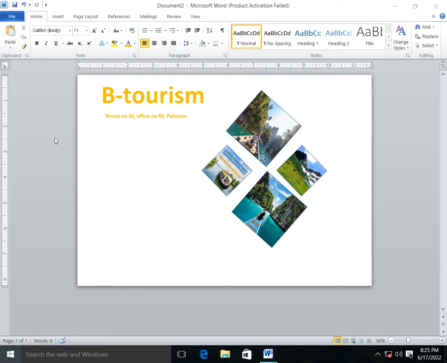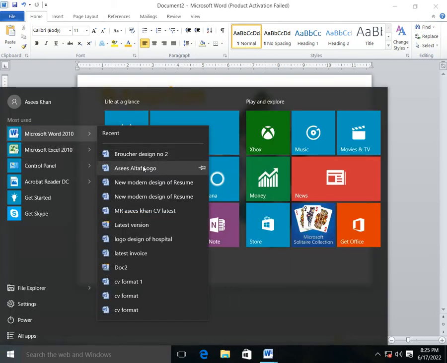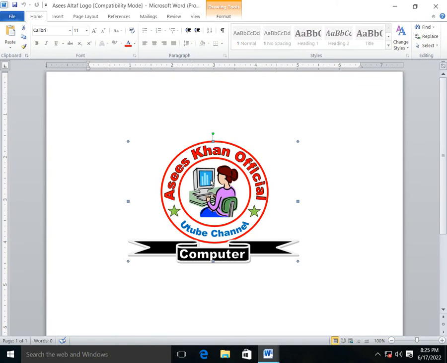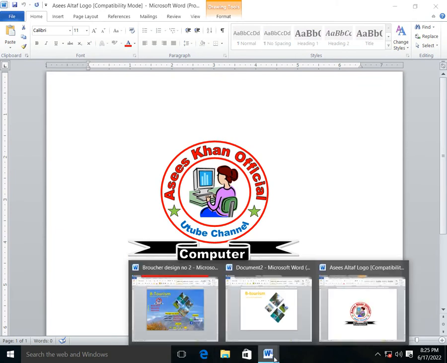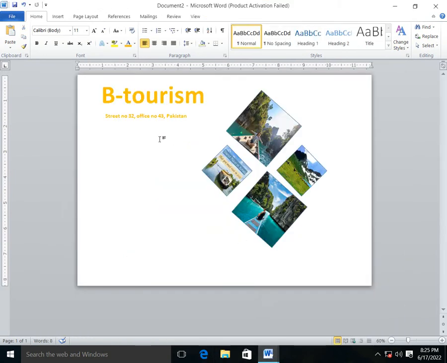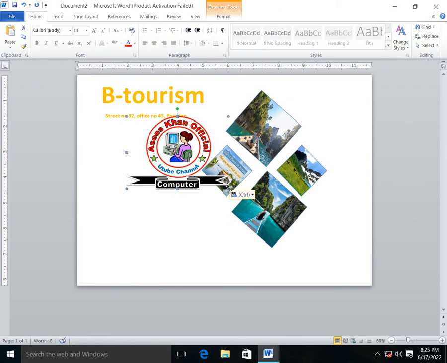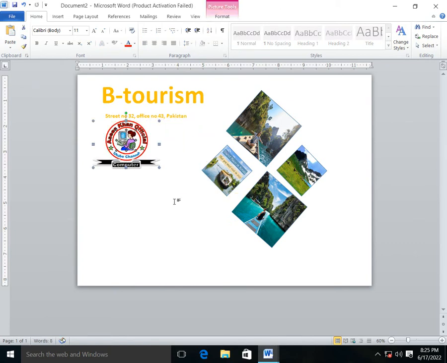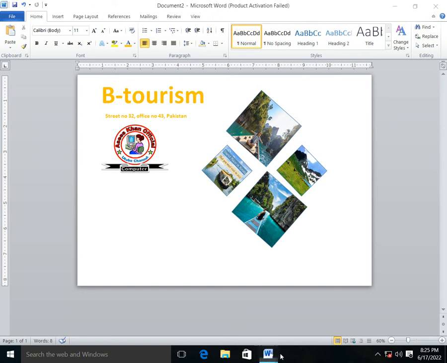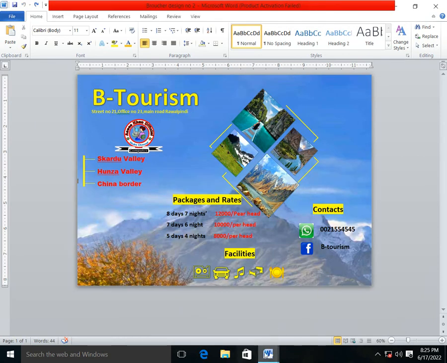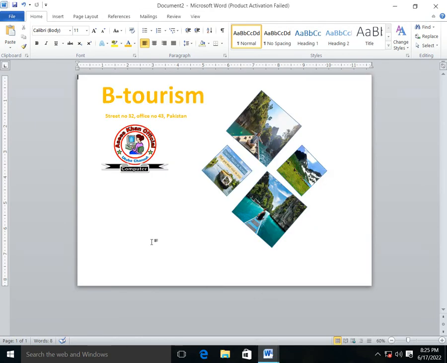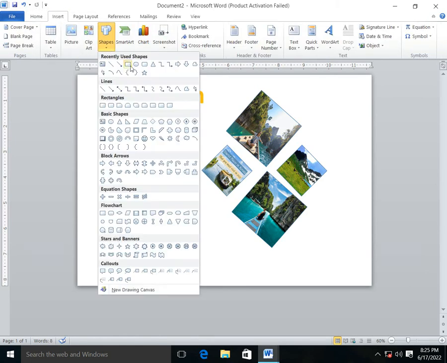Now I will put the logo and drag it with the help of the Shift key. In this way. Here I will write the